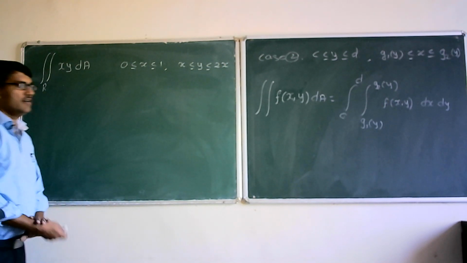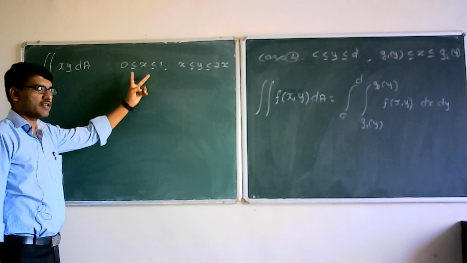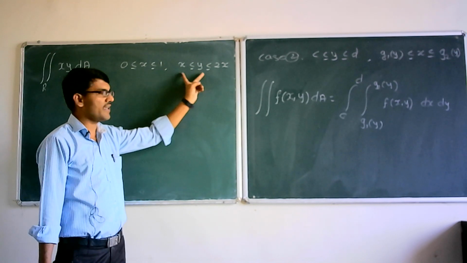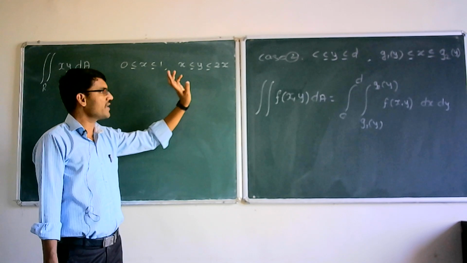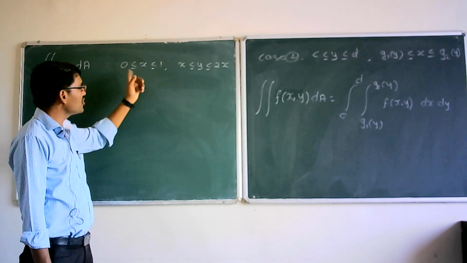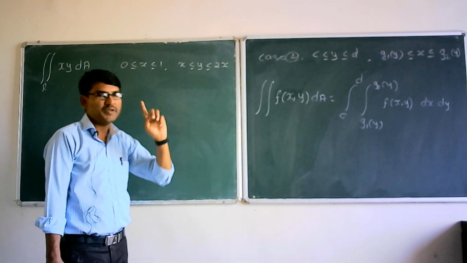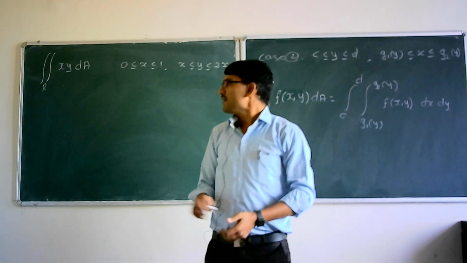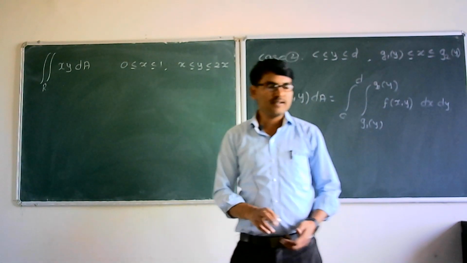आता जर तुम्ही पाहिलं इथे तर x चे लिमिट कॉन्स्टंट आहे बघा, पण y चे लिमिट आहे इन टर्म्स ऑफ x आहे. y चे लिमिट इन टर्म्स ऑफ x आहे. आता इथे मात्र आपल्याला काय करावं लागेल, सुरुवातीला with respect to y करावं लागेल इंटिग्रेशन आणि देन with respect to x, कारण की जे आपल्याला फुबिनी स्ट्रॉंगर थेरम अप्लाय करायचं आहे, कारण की y चे लिमिट कॉन्स्टंट नाही, y चे लिमिट आहे इन टर्म्स ऑफ x.